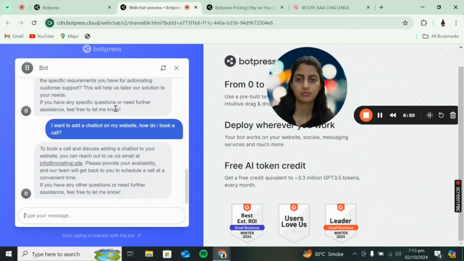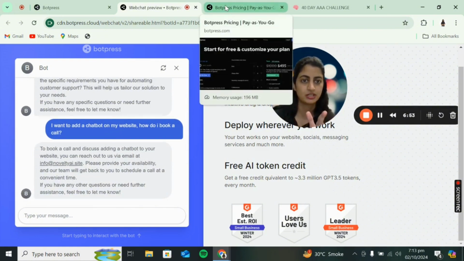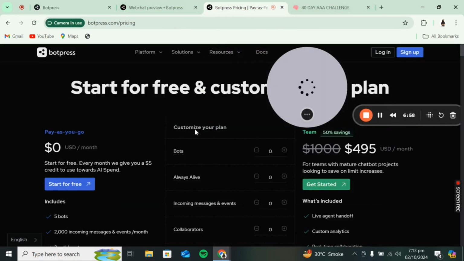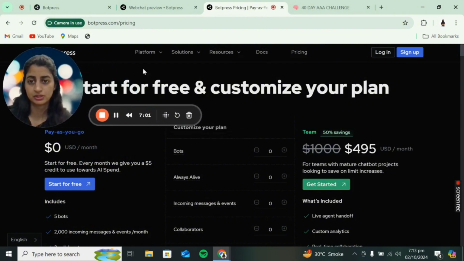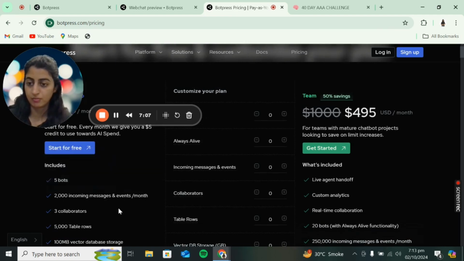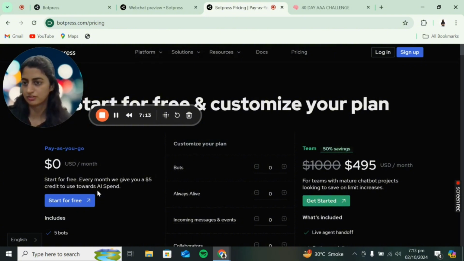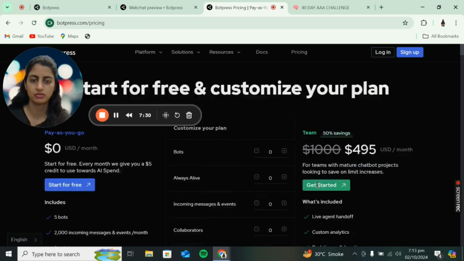Now let's get into the functionalities that BotPress provides and then get into the actual build of this chatbot. So first of all, let's talk about the pricing, right? You can start off for free, and then you can pay as you go. You can make up to 5 bots, and this will give you around $5 of AI credit. This is really nice for freelancers and small to medium sized businesses, since they won't have a lot of use. But if you're an agency and you build a lot of chatbots, and you want to provide much more complex functionality to your chatbot, you could go with the team or the enterprise plan.